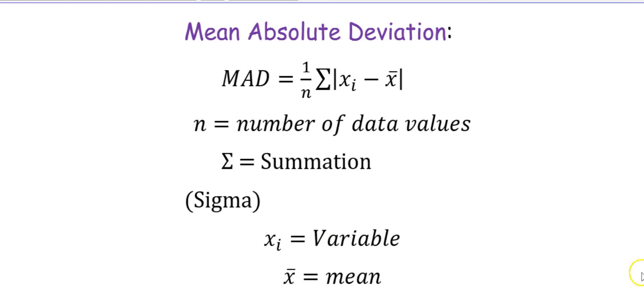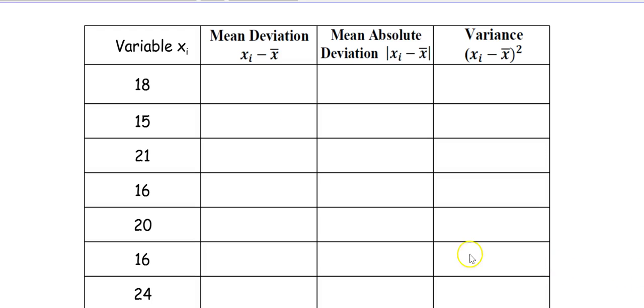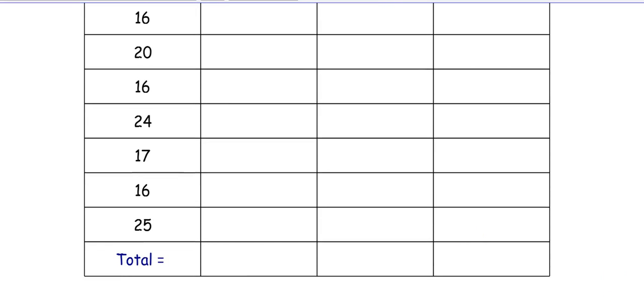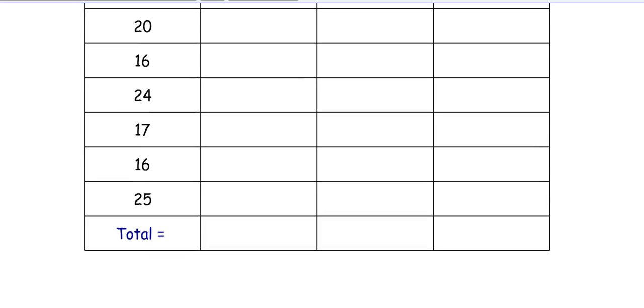Right, so let us find the mean absolute deviation, then we'll come back to the standard deviation. So we have a table here. In the first column I entered the given values, 18, 15, 21 all the way up to 25. Those are the x values. Now to find the mean, you know that the mean is the sum of all the items over the number of items. So on adding all these numbers